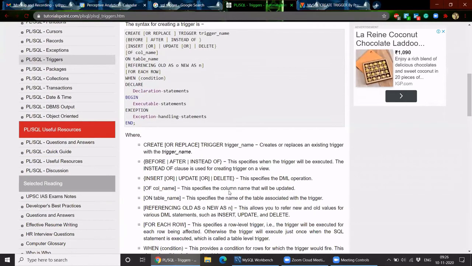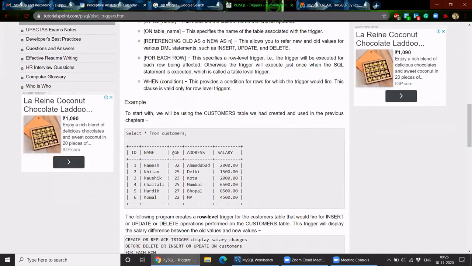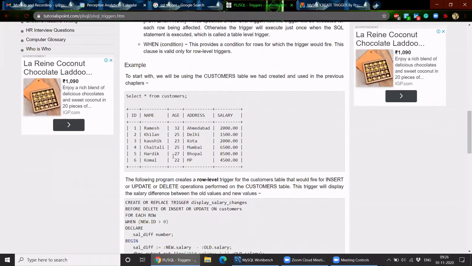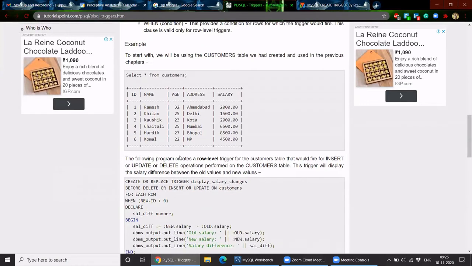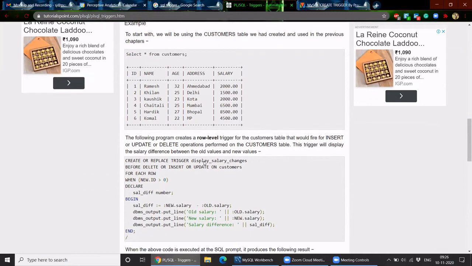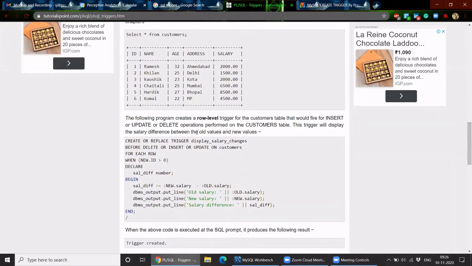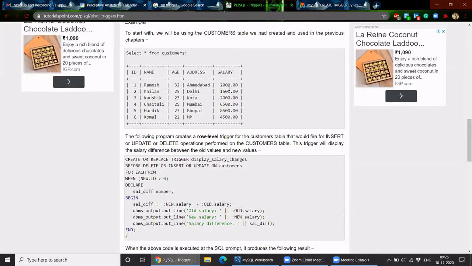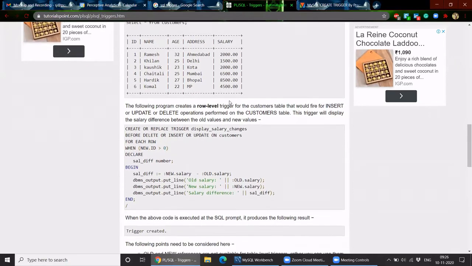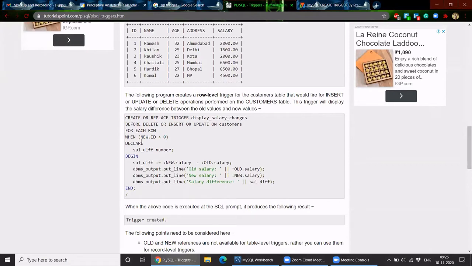Okay. So yeah, we can see this example and then we can execute our own. Here we have an example of a customer table. Now they are creating a trigger that would work on insert, update, or delete. So they have taken all 3 events that can happen to this table, and what they are doing is checking the salary difference of old and new. For example, if they are updating a salary, it will take the previous salary, take the new salary, and calculate the difference between them. So this is what they have given in their trigger.